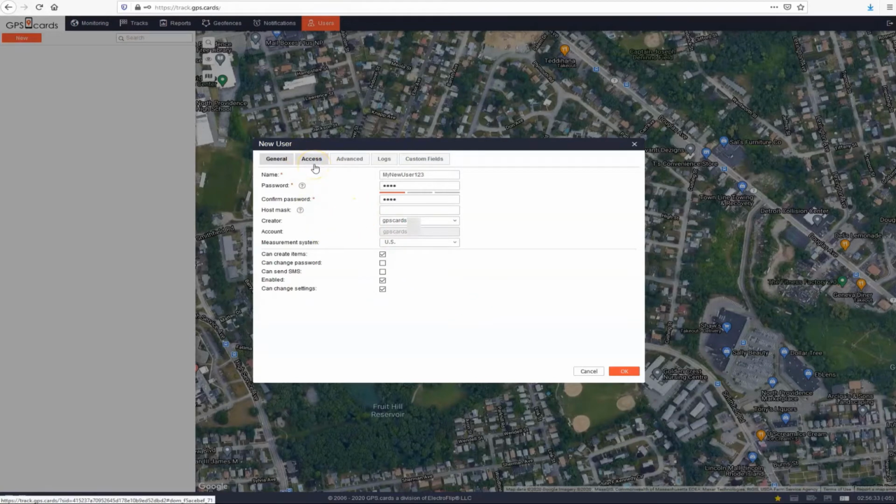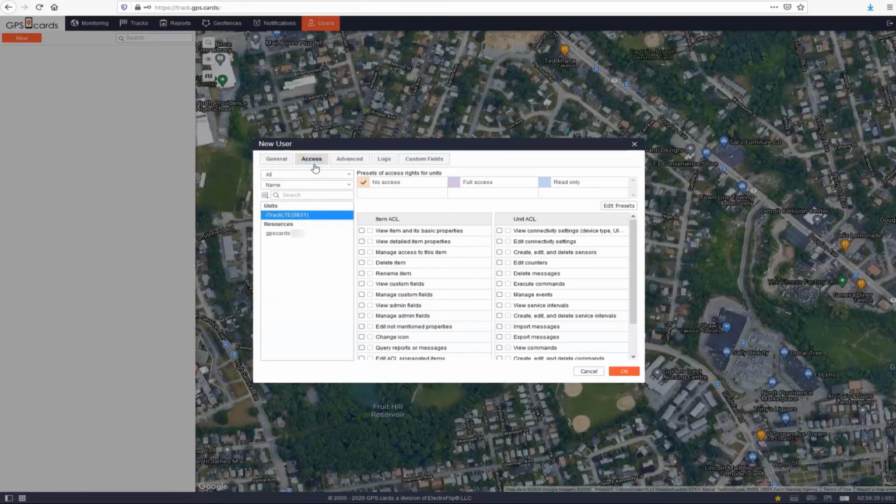Next, we're going to click on access. You'll see that right now they have no access to this GPS device. If you had maybe 10 units, you could pick 2 or 3 units you want them to have access to, but no access to the rest. Since we have 1 unit here for demonstration, you'll click here, and you can use the predefined options here, the templates, as read-only or full access.